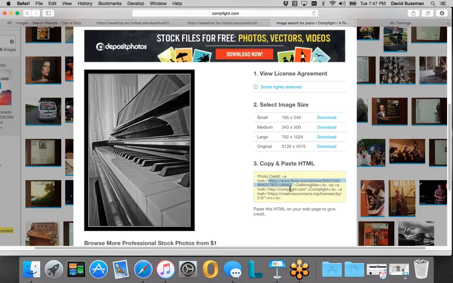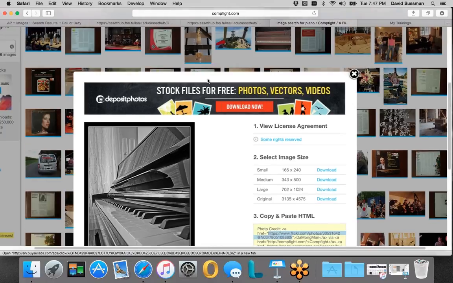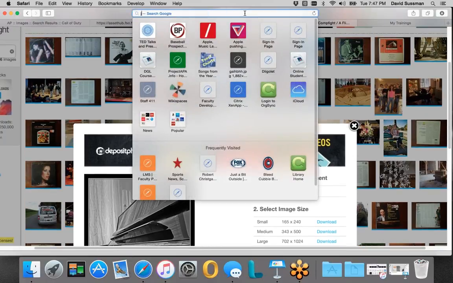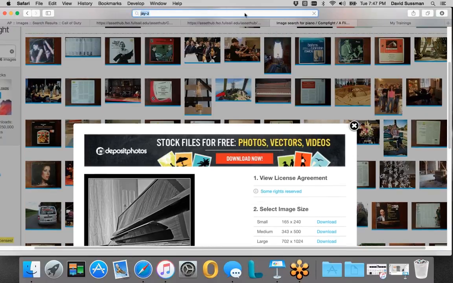Okay, so if I copy it, and then I would copy the URL and just make sure that it accompanies the picture. That's just good credit giving on your end, but also shows me, the instructor, that you're getting things from allowable sources. Because what we don't want to do is, if I do a search for Jay-Z on Google,